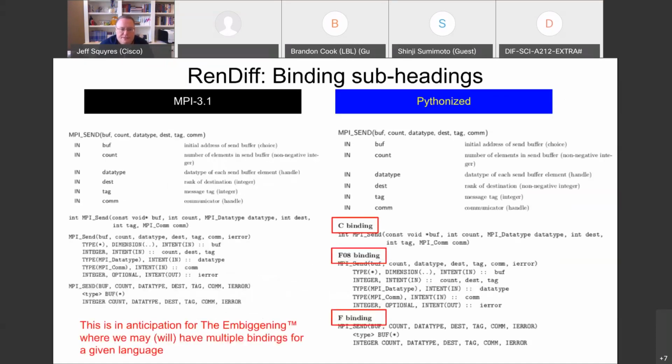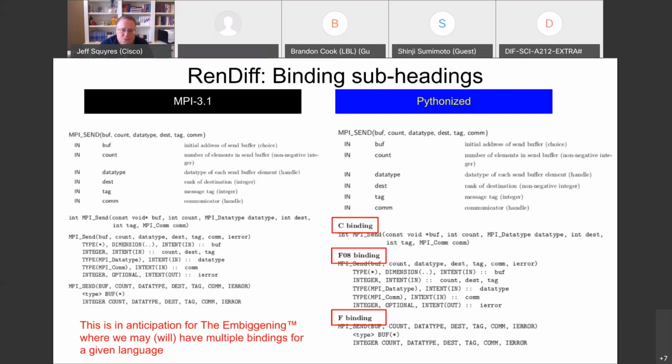So let's have a look at some of these differences. The binding subheadings, you probably already noticed in the examples that I showed already. On the left is a snapshot from MPI 3.1. And again, these are all screenshots of PDFs, so they look a little pixelated, but it's just because I had to turn them into PNGs to put them here in the slides. On the right, you see we have these little headings.